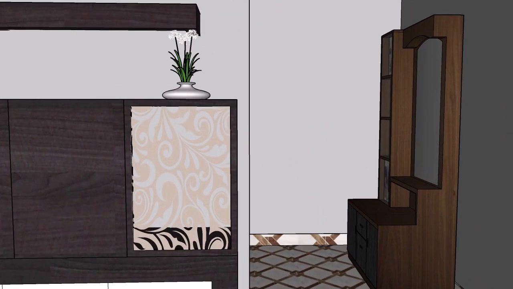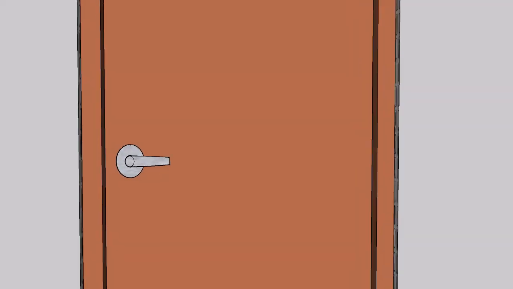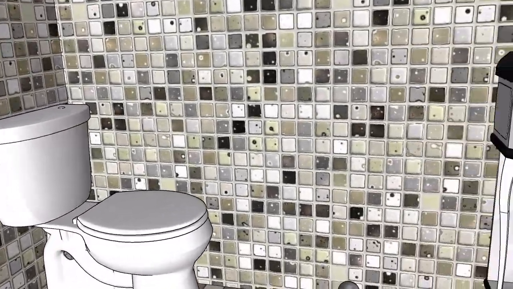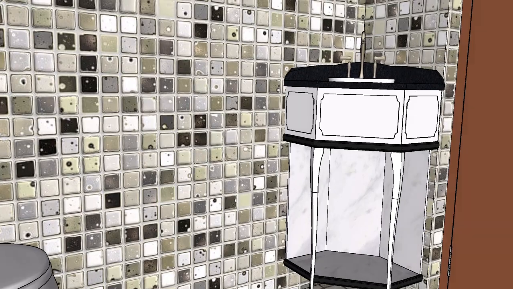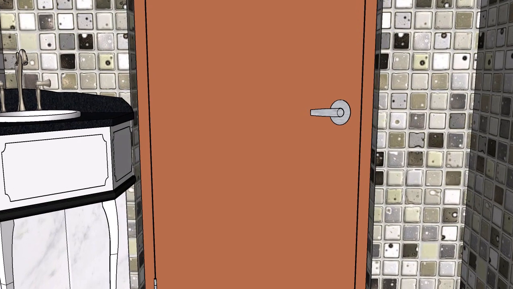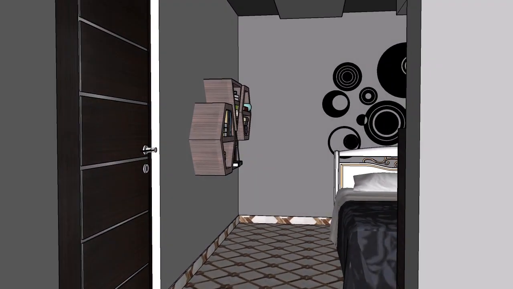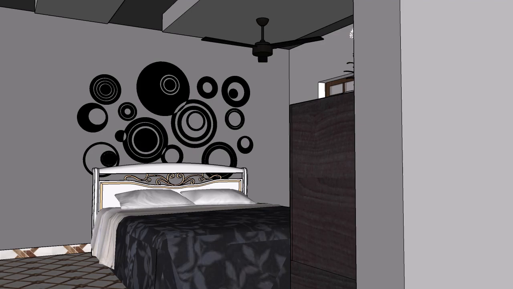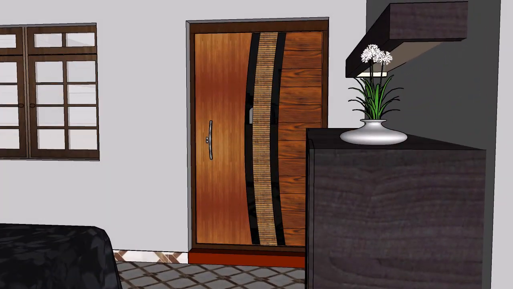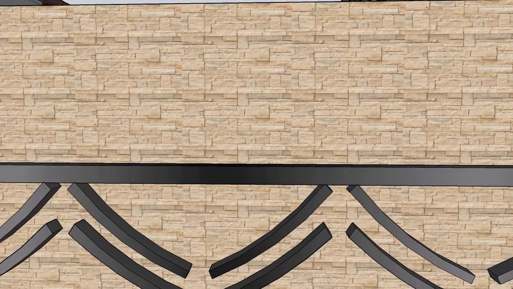To this bedroom also, we have one washroom and dressing room over here. From this bedroom, we can go to the outside and enjoy our landscape.